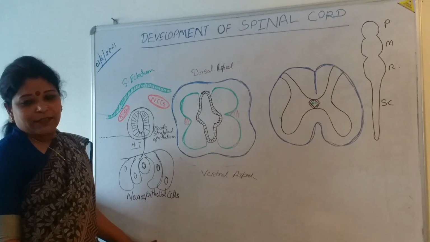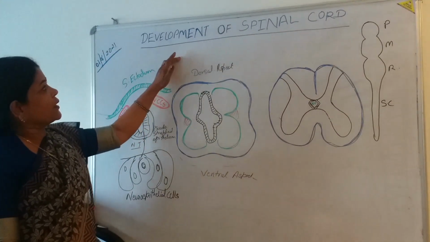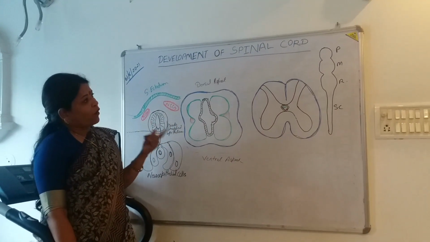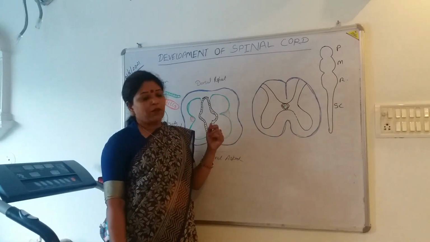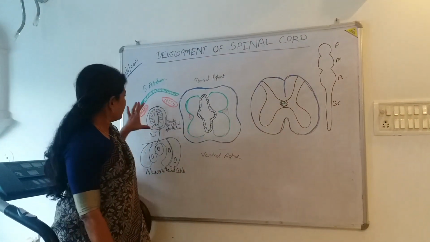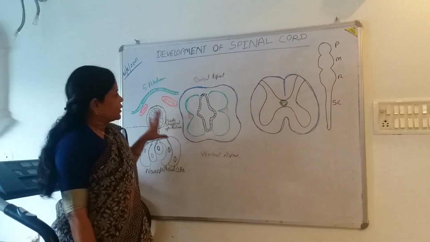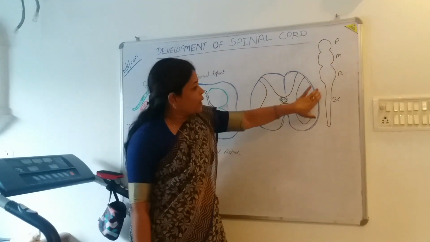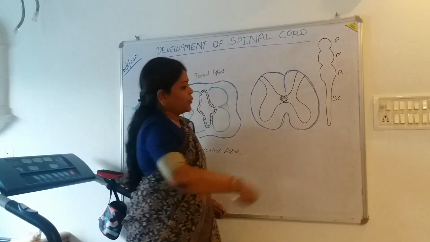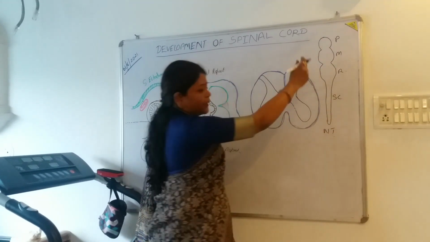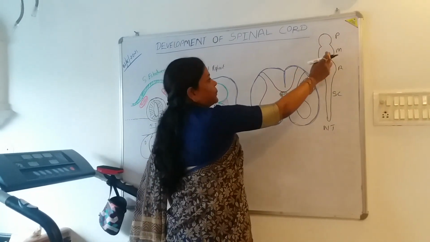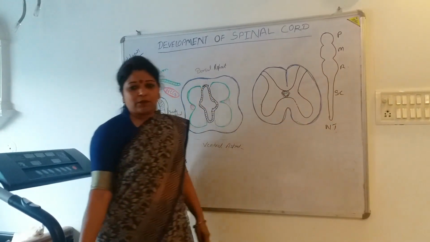Today in this online class, we will discuss the development of the spinal cord. In the previous class, which was offline, we already discussed the development of the CNS, that is, the development of the brain, from the developed neural tube. Look here, this was the neural tube, and there was the cranial end and the caudal end of this neural tube. In the cranial end there were three brain vesicles, the prosencephalon, the mesencephalon and the rhombencephalon, for the formation of brain.